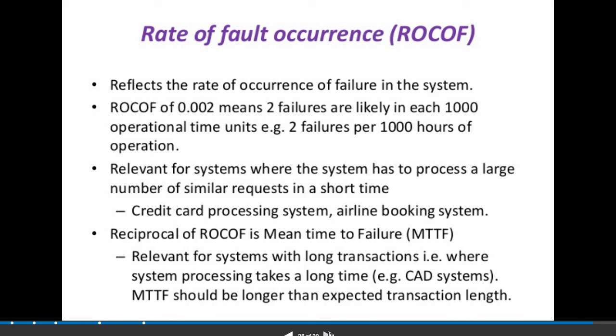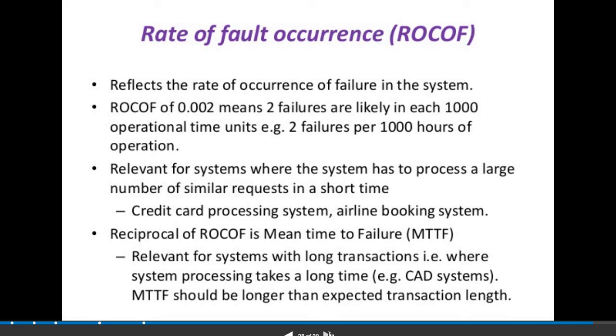Rate of fault occurrence, ROCOF, reflects the rate of occurrence of failure in the system. A rate of fault occurrence of 0.002 means two failures are likely in each 1000 operational time units, so two failures per 1000 hours of operation. This is relevant for systems that have to process a large number of similar requests in a short time.